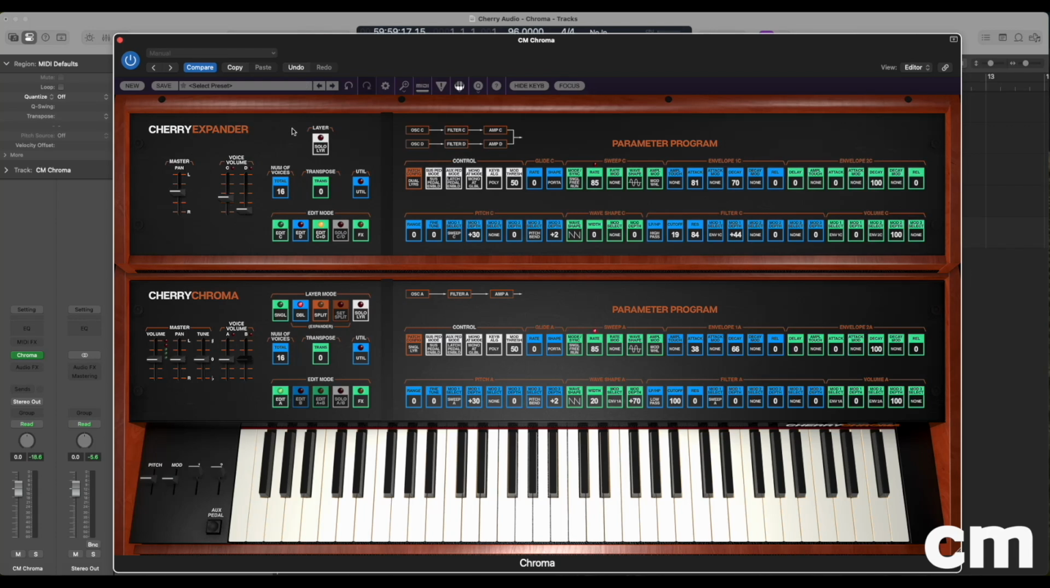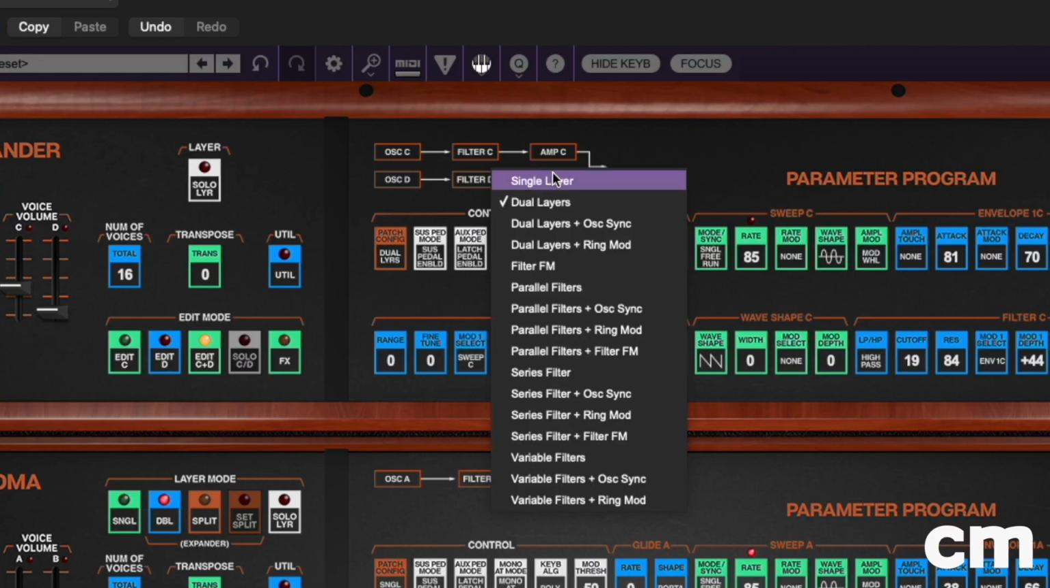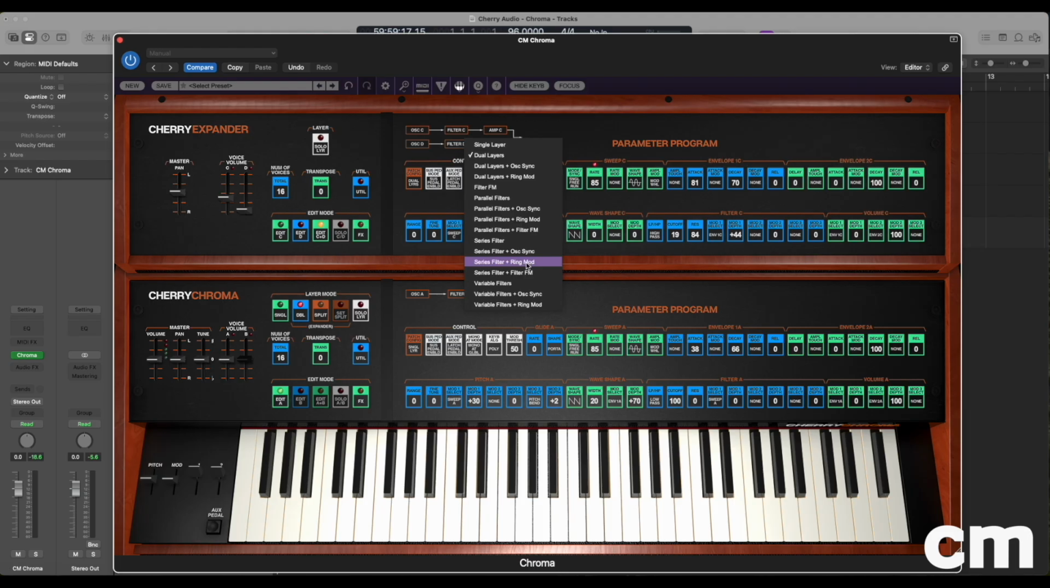You can decide exactly how you want to use the expander level by going to the routing matrix, which is at the top. If you click in this section, it gives you various options for parallel filters, dual layers, series filters, and even oscillator sync and ring modulation. We're going to keep it simple and go with dual layers, which means we'll hear 2 layers at the same time. This can create a small problem when editing,